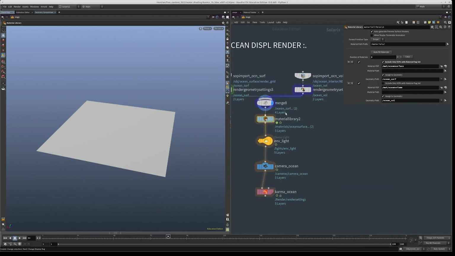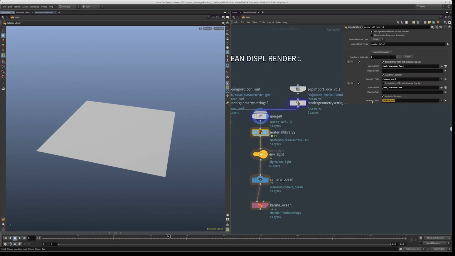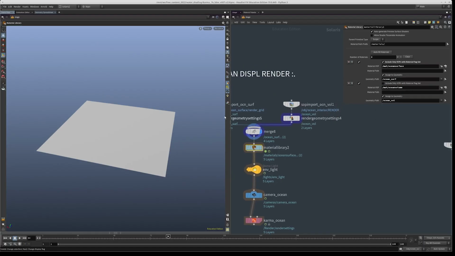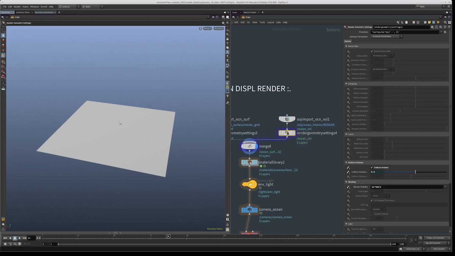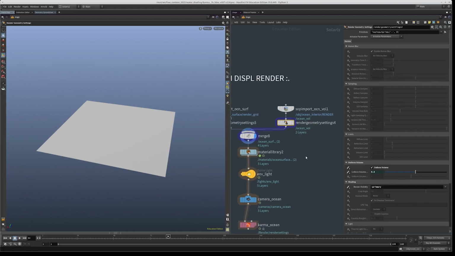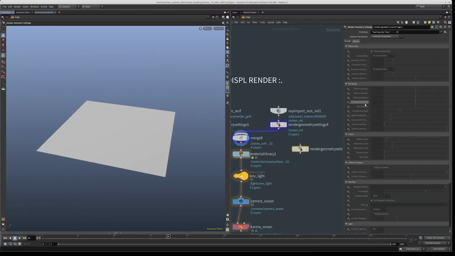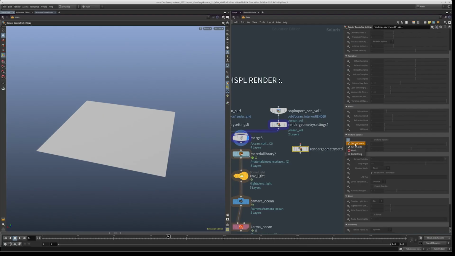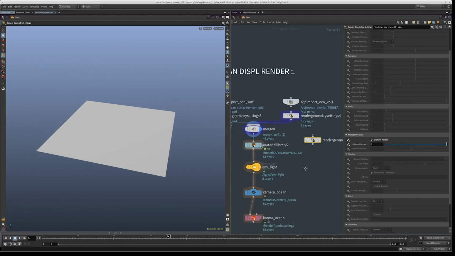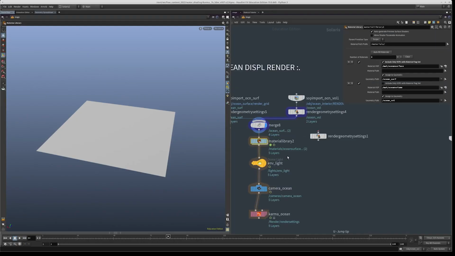If I go back to the stage, you will see that the material is being assigned to the ocean surface, and then the volume is being assigned to the ocean volume surface. Now, to tell Karma to treat this object as a volume, we create a render geometry setting node, then go under Karma, tick on set or create, and enable this. Then inside the uniform volume, this setting has to match the density of the volume. So what we do is we link the density from the shader,